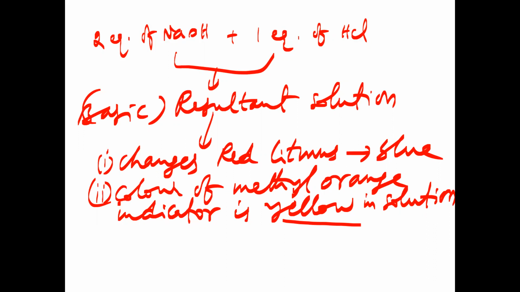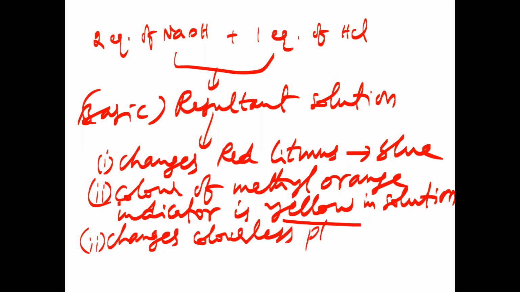Methyl orange is one type of acid base indicator. Whether the given solution is acid or base, if you want to identify it, we use methyl orange as one indicator. Along with this, we use the phenolphthalein indicator. What is used here? Phenolphthalein indicator, colorless. The spelling of phenolphthalein is somewhat different here, the L is silent. One indicator called phenolphthalein.